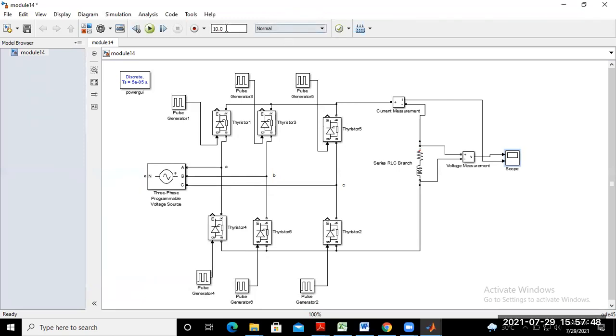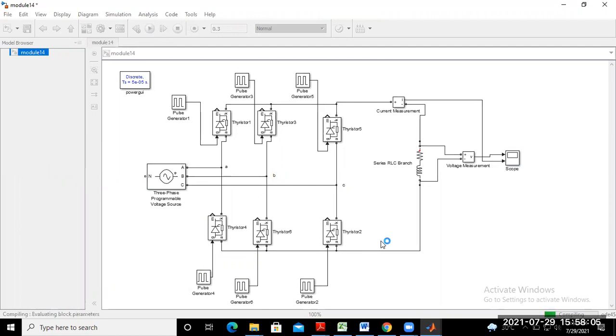Now if you run this model, it is compiling, and when completed you may see the waveform of the output voltage and current.